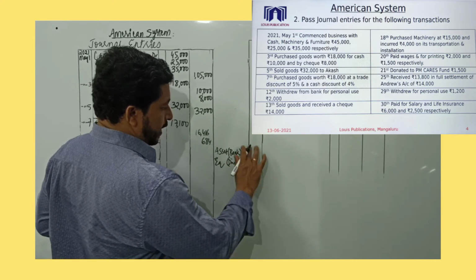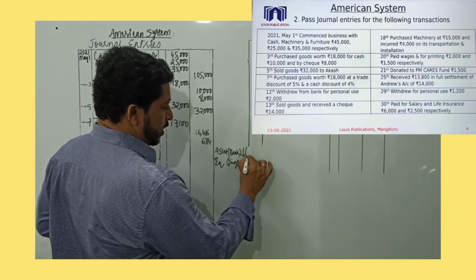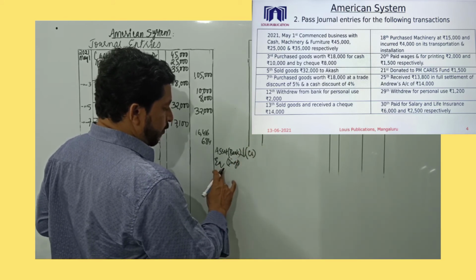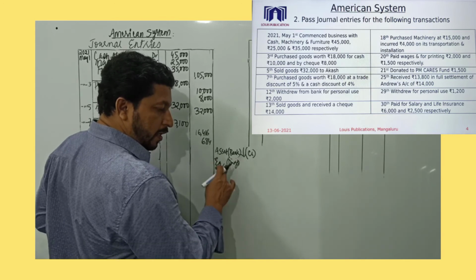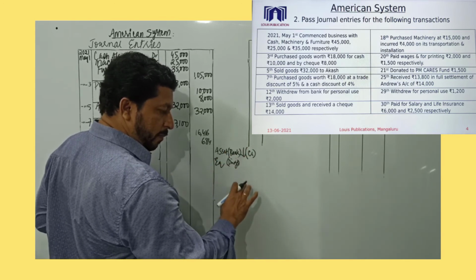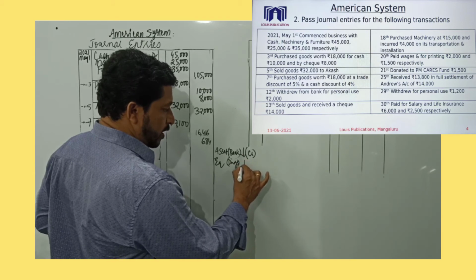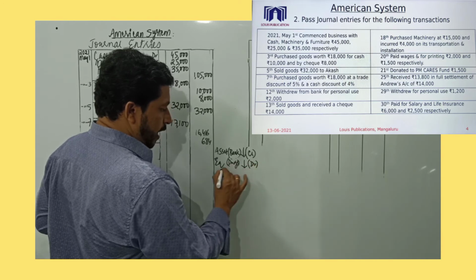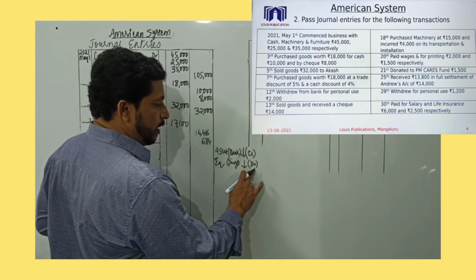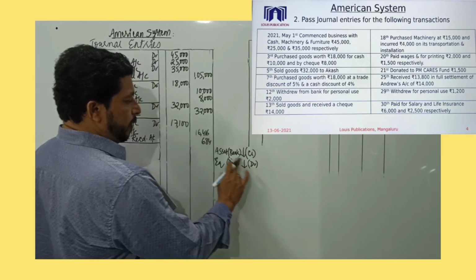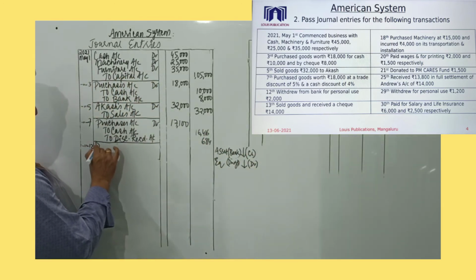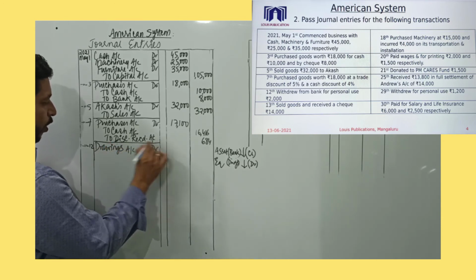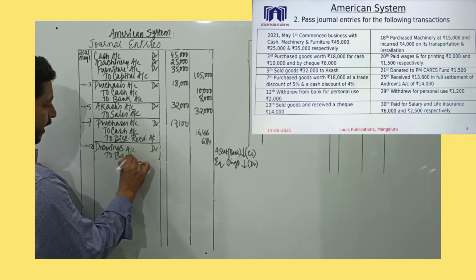So decrease in bank balance is decrease in asset, which is a credit. Equity value, when we are withdrawing money, this drawings amount will be deducted from capital. So capital value will also decrease. Capital value decreasing means it's a debit. So capital always shows credit balance. When it decreases, it will be debited. So the entry would be drawings account debited to bank account. Since the businessman is withdrawing for personal use, the entry would be drawings account debited to bank account.